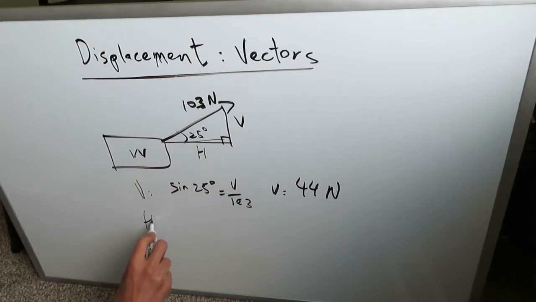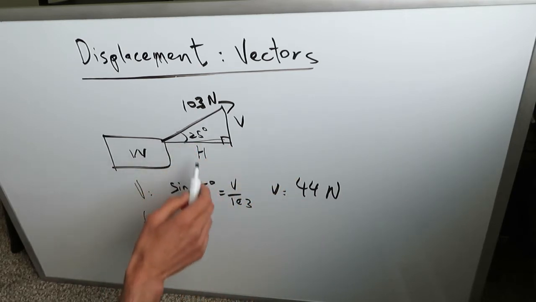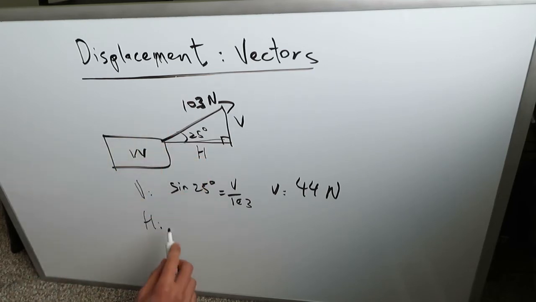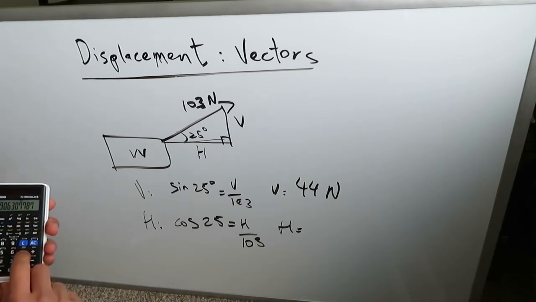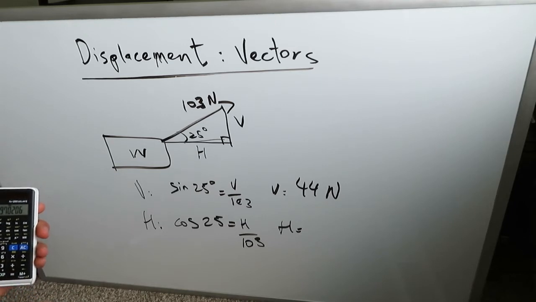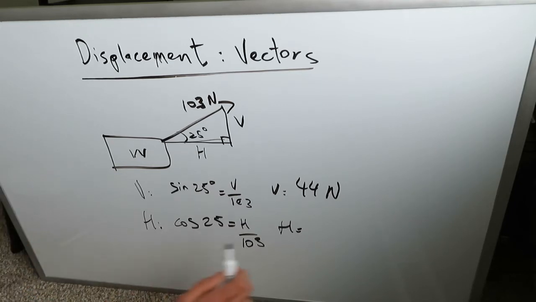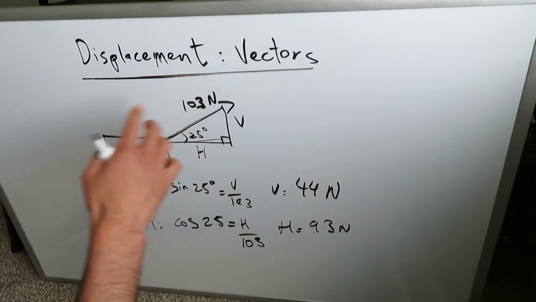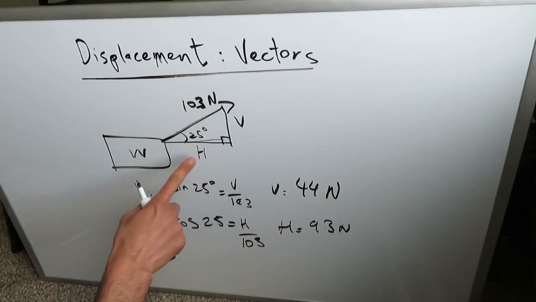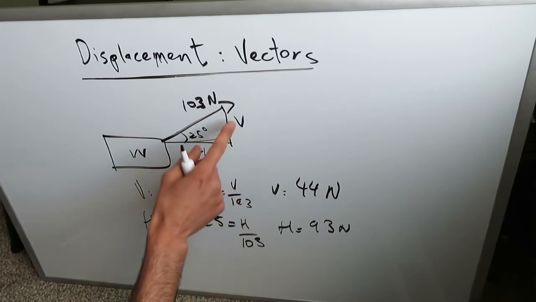To determine the horizontal is exactly the same, except you're looking at now the adjacent and the hypotenuse. So you know you have to involve the cosine function. Cosine 25 degrees is equal to h over 103 newtons, and you solve in a similar manner. Cross multiply and solve for h. 25 cosine times 103 is equal to 93.3. Let's round it down to 93 newtons. So the horizontal component of this 103 is h, which is 93 newtons, and the vertical component v